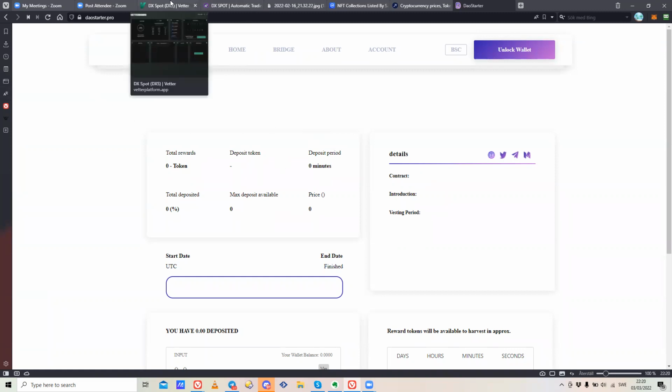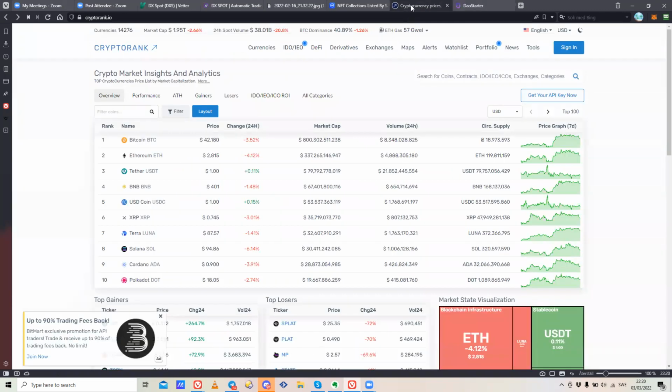So while we're talking about IDOs, I also wanted to give you a tip if you're looking for upcoming IDOs. This is a great site I can recommend called Cryptorank, cryptorank.io. I've used it a lot. It has a ranking of currently 14,000 currencies here, so you can find almost any token here. And basically, you can find upcoming IDOs and past IDOs,